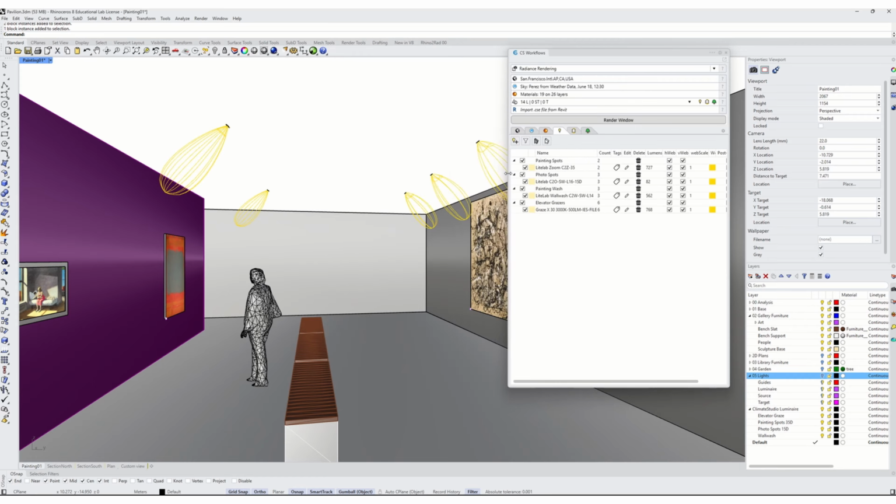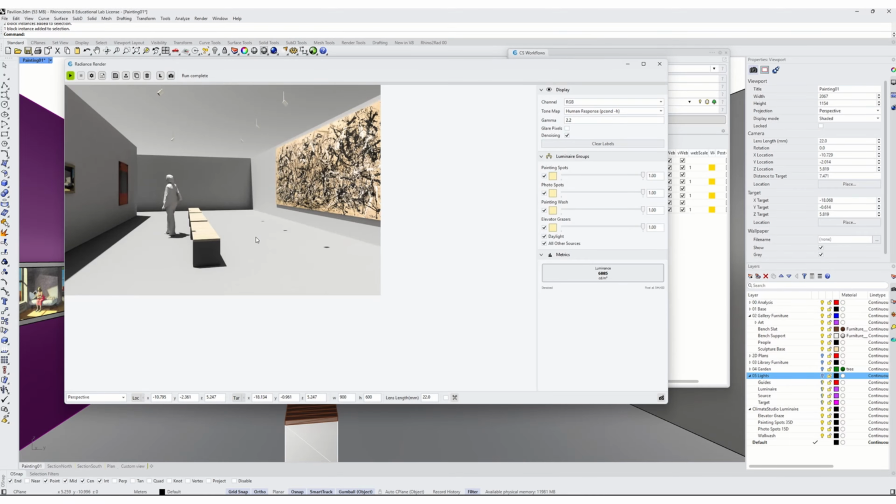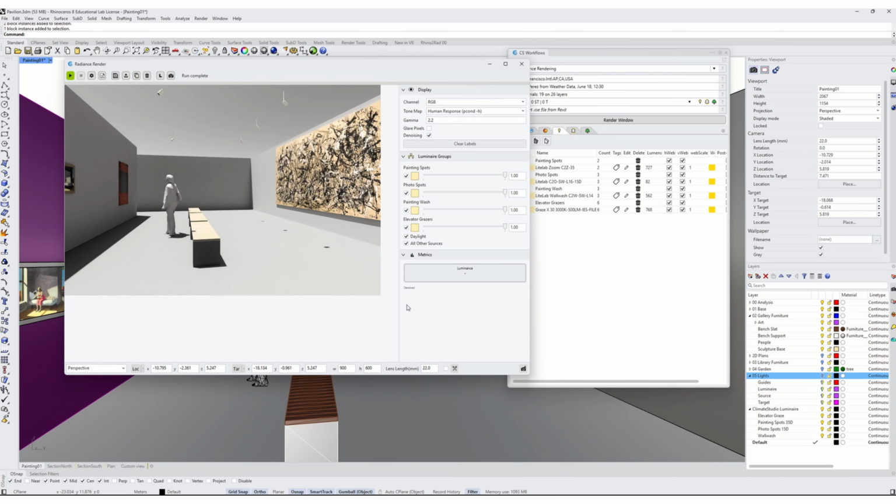So that is where these are located, or what is being rendered. And so when I render that, like this, those luminaires are actually putting out light. It's hard to see because the daylight in this scene is so bright compared to the electric lights. But once I'm done rendering, you'll probably notice there's a luminaire groups. And as part of this, it's sort of like an equalizer, a music equalizer. You can change